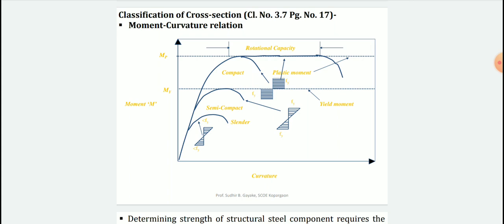So here, when load is acting on this particular cross section, initially the load is going to act individually on each element. So there may be certain local buckling of an individual element, and therefore classification of cross section is required before selecting any section. In the figure you can see four types of classes, or four types of cross sections. The first type, class one, is the plastic section, the second is the compact section, the third is the semi compact section, and the fourth is the slender section.